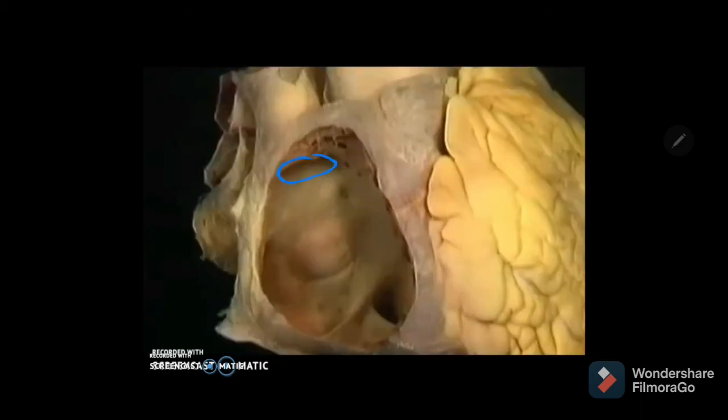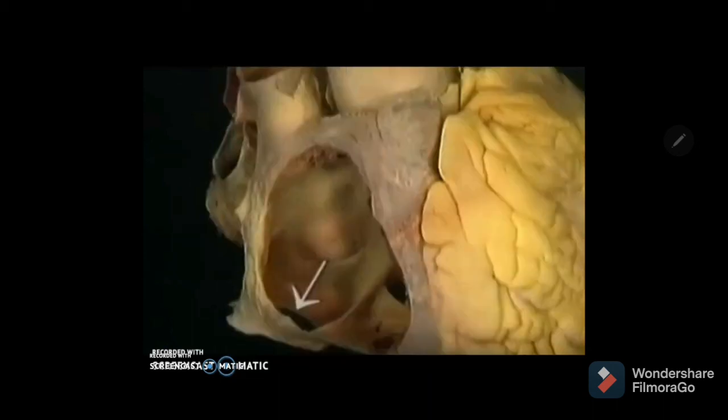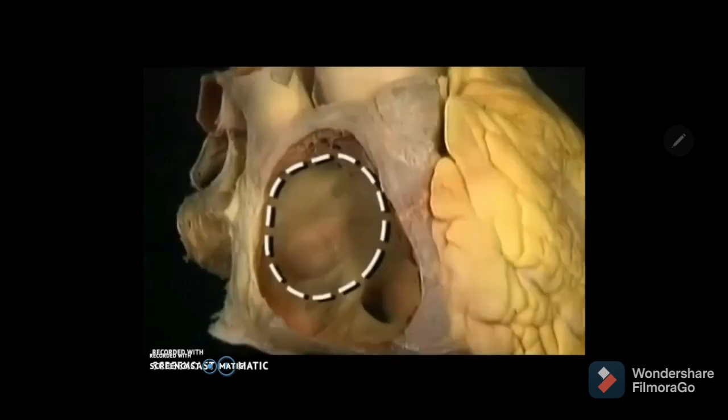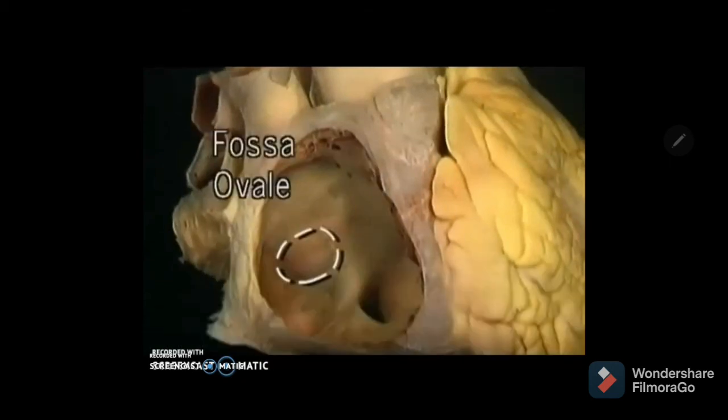You can see the opening of the superior vena cava, inferior vena cava, and coronary sinus, fossa ovalis, limbus fossa ovalis, that you are seeing here in the interior. That is the inferior vena cava opening. From below, the coronary sinus opening guarded by the Thebesian valve, and you can notice that is the septal wall of the interior of the right atrium, and it shows the fossa ovalis surrounded by the limbus fossa ovalis. So these features you see on the septal wall and the posterior smooth part.